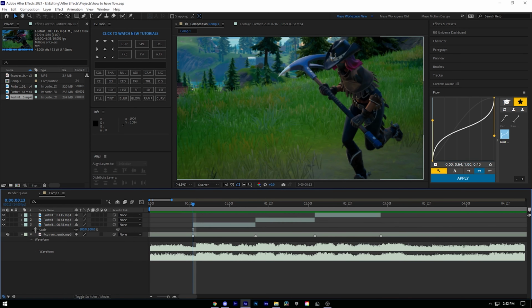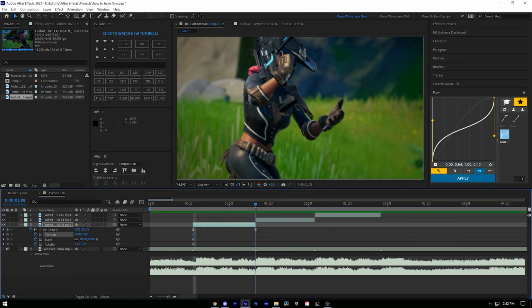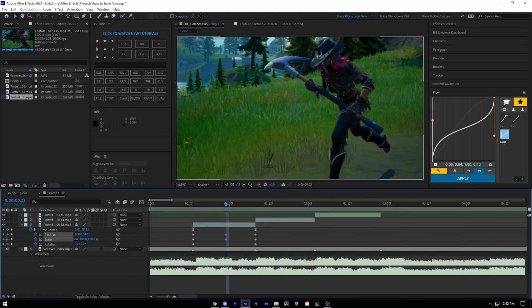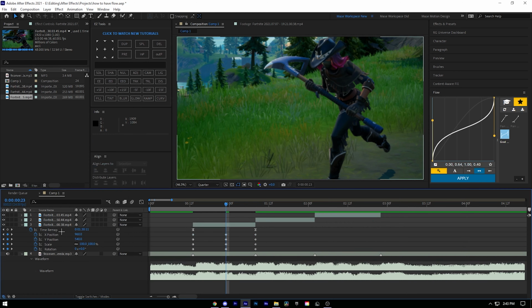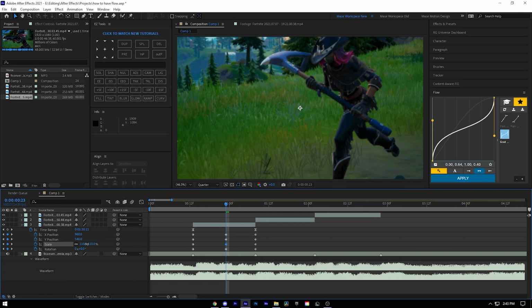I press S, keyframe it, R, keyframe it, P, keyframe it, press U on my keyboard. I add a keyframe at the end, and I go towards the middle of the clip. I add a keyframe. I add keyframes, and I'm gonna go here, separate dimensions for the positioning. I'm going to scale this up to about